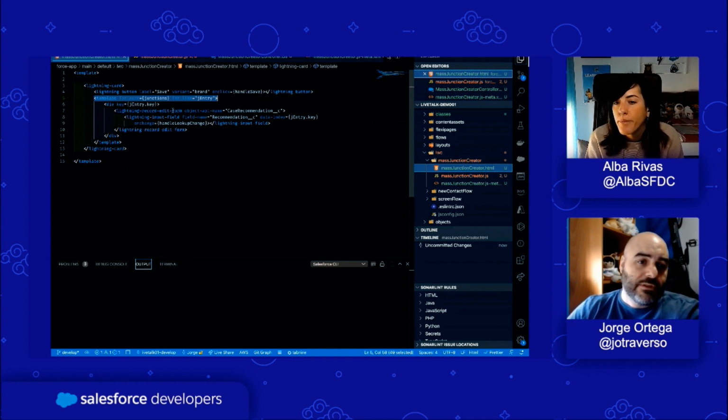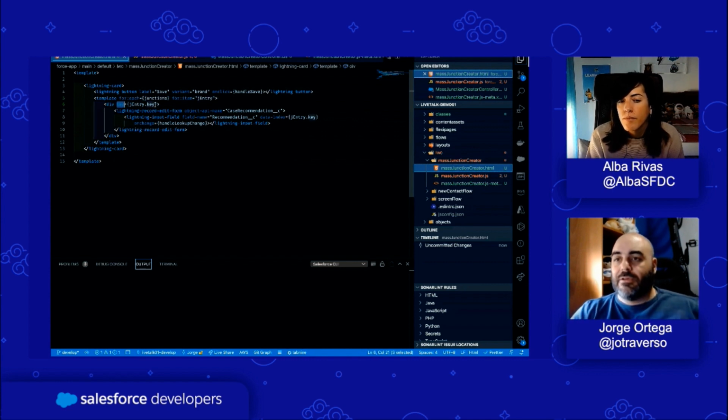So when creating a for each template, we need the first child of the template to have a key attribute with a key value, a unique value in the component, to let the DOM and the shadow DOM